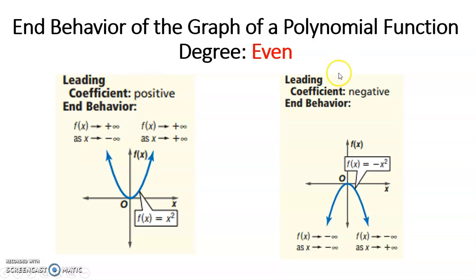Now, how about if the leading coefficient is negative? What would be our end behavior? So for quadratic function, balik tayo sa quadratic function, we know that if the leading coefficient of a quadratic function is negative, it has a graph of a parabola that goes downward. Okay? So, if the parabola goes downward, the right side and the left side of the graph of that particular quadratic function are both decreasing.